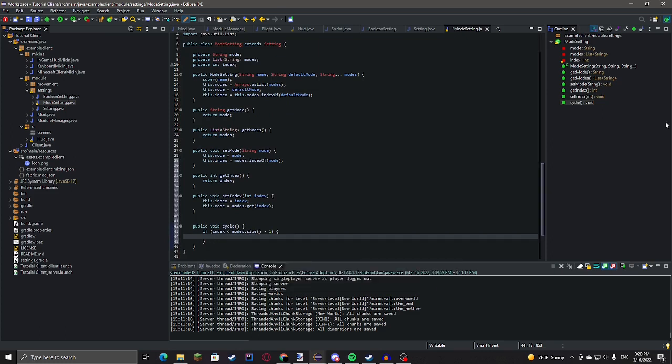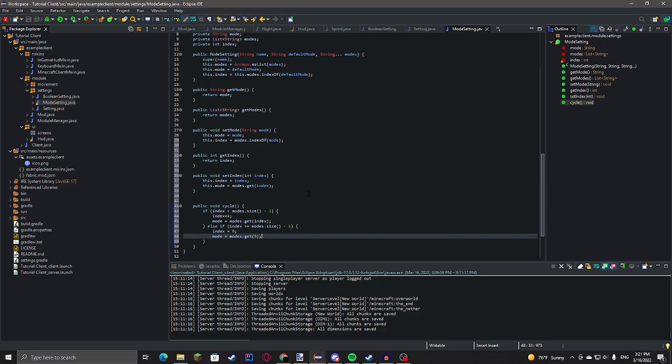So minus 1, index plus plus, and then mode equals modes dot get index. Else if index is greater than or equal to modes dot size minus 1, index equals 0, and selected equals, oops, not selected, mode equals modes dot get 0. Okay.